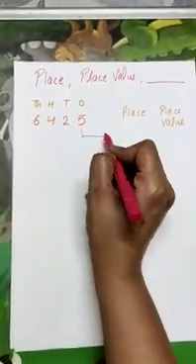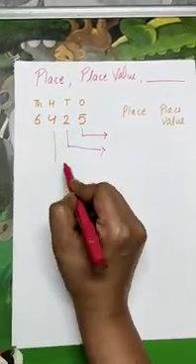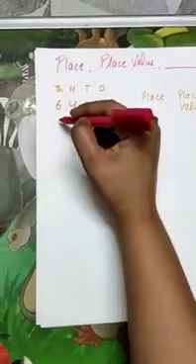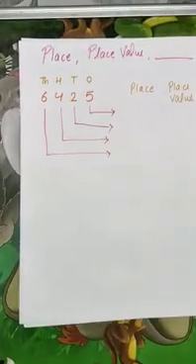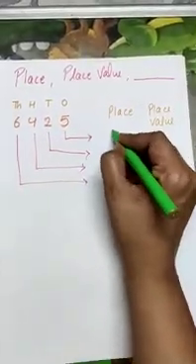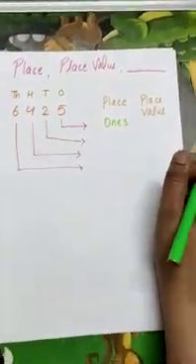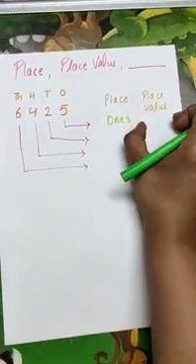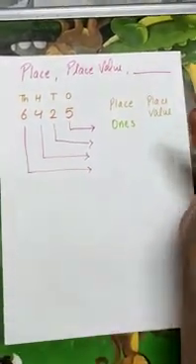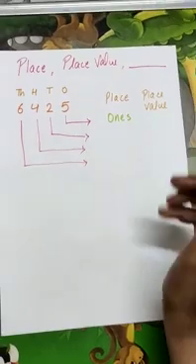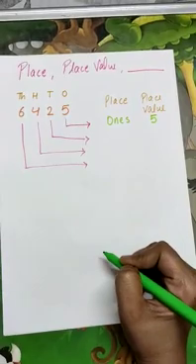So now place and place value of 5, 2, 4 and 6. Place of 5, ones. And here this time I am not going to show the multiplication. Now you are in a habit, you know what the answer will be, what the product will be, even if I don't write it. So here I will write directly the value of that particular number.